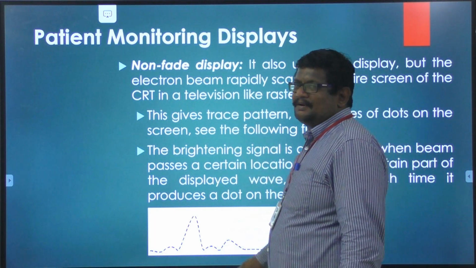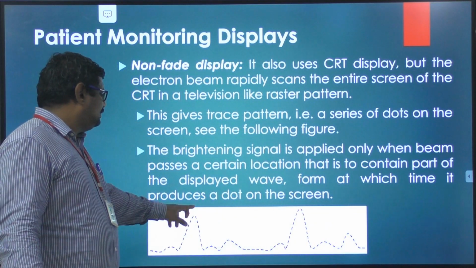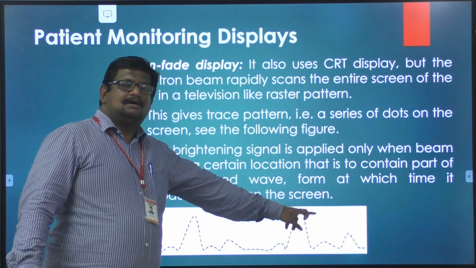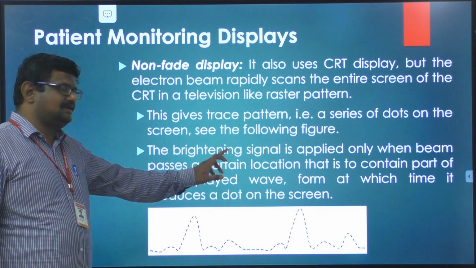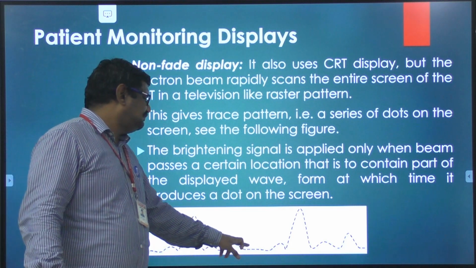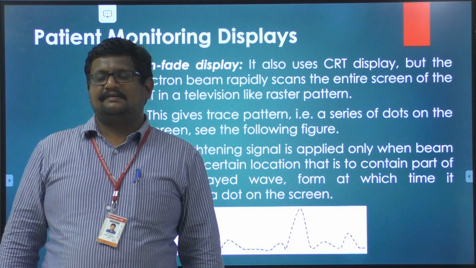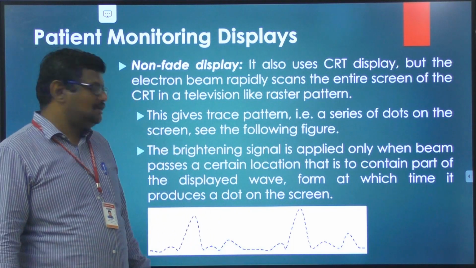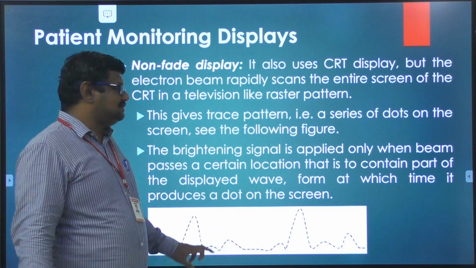A brightening signal can also be applied so that a particular signal will move over the contour of this waveform, so that the physician can understand what type of waveform is being generated. Of course, this dotted line will already be there, over which a brightened dot will be moving. So that is the additional feature: the physician will be able to observe more than one period of the waveform. Then only you can understand what problem is occurring within the